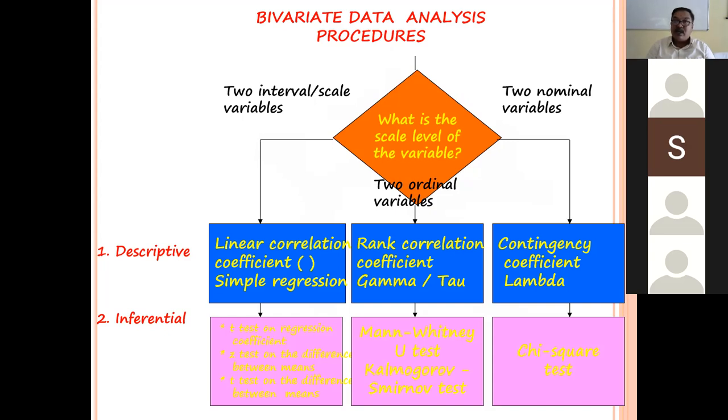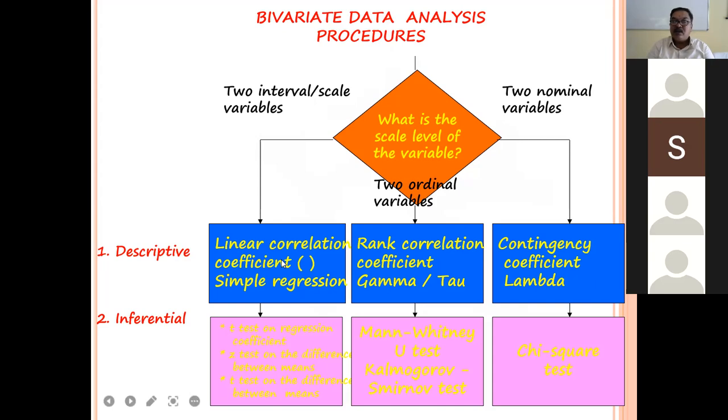If the margin of error is less and the confidence of your argument is high, if the calculated t value is greater than the table value, then you say yes, the 0.7 degree of relationship between the number of hours studied and the marks obtained is acceptable. So if you want to say the relationship is significant, you have to provide tested proof in the form of a t-test. Like that, if you have two variables, you can also compute the simple regression.